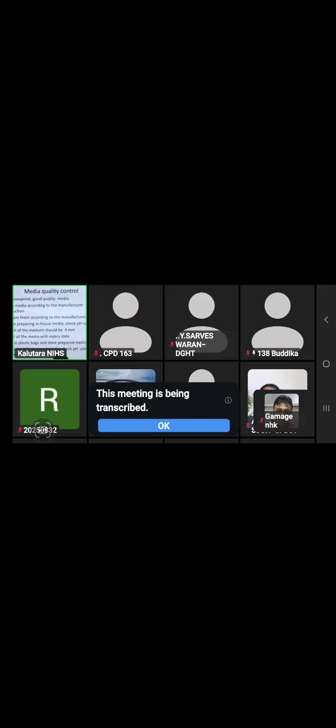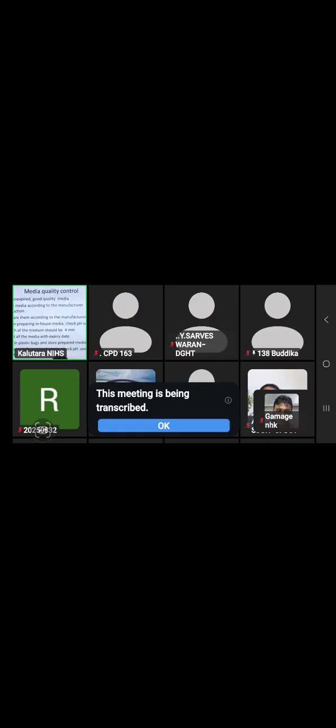When you prepare culture media, you have to label the culture media with the expiry date. When you are storing, seal in a plastic bag and store prepared media at +4. You have to refrigerate prepared culture media for storage. For commercially prepared media, you also have to check pH using a pH meter with a surface electrode.